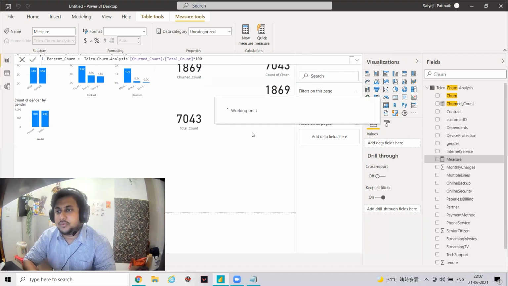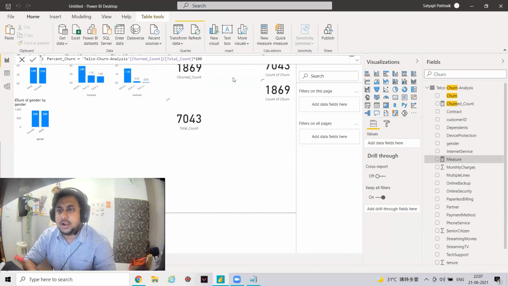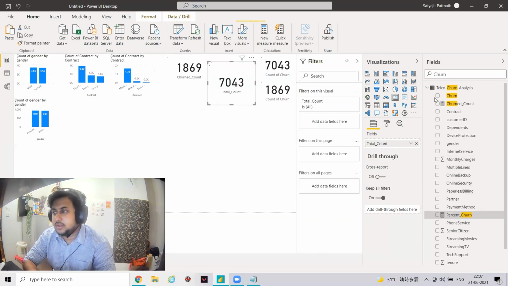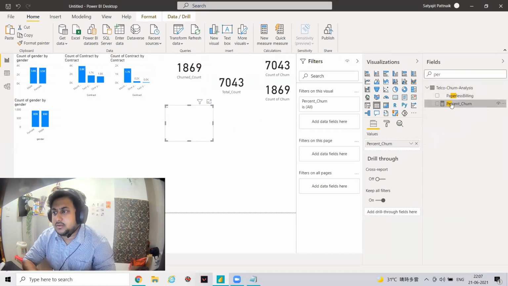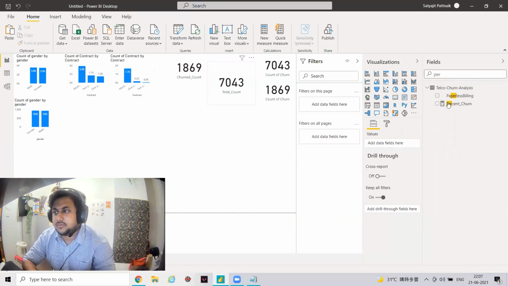And now if I have to use this, in this particular card, I will be using the percent. Okay, simple. So 26.54%. Let me just use it here itself.